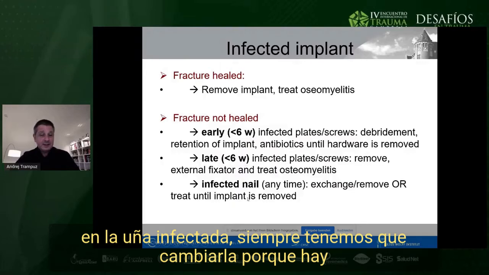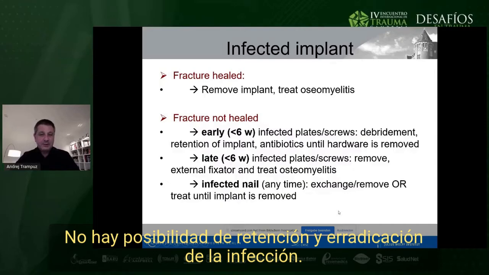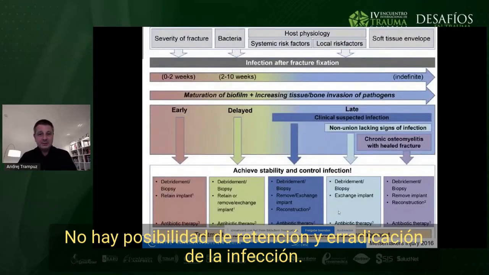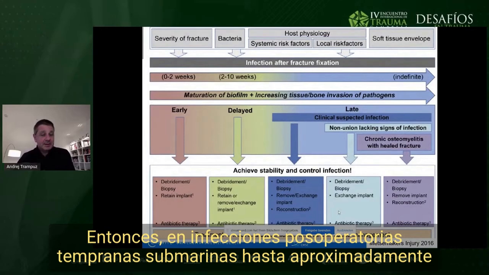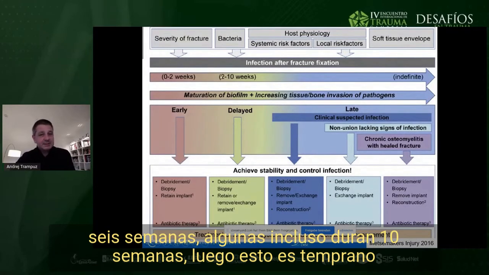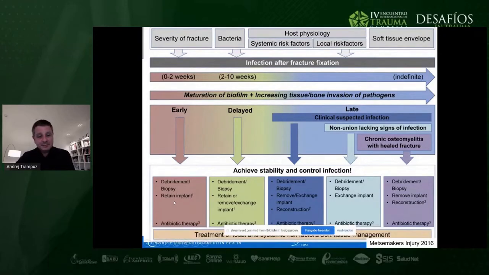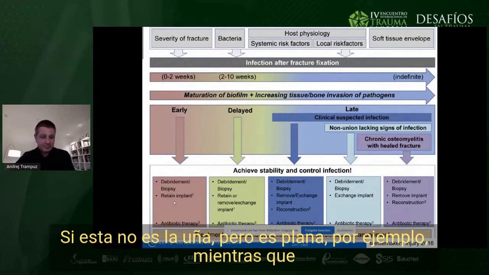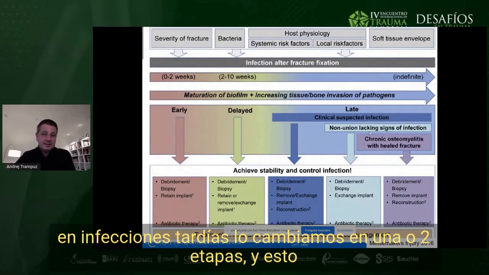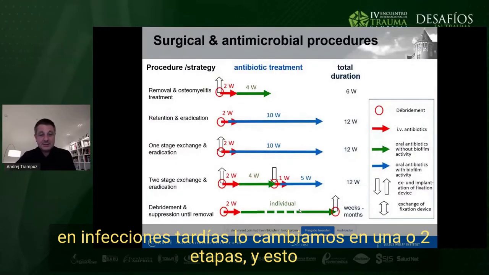In an infected nail, we always need to change it because there is no possibility for retention and eradication of infection. So in summary, early postoperative infections up to about 6 weeks, some go even for 10 weeks, this is an early or a delayed infection, and we retain the implant if this is not the nail, but a plate, for example, whereas in late infections, we change it in 1 or 2 stages, and this depends on the